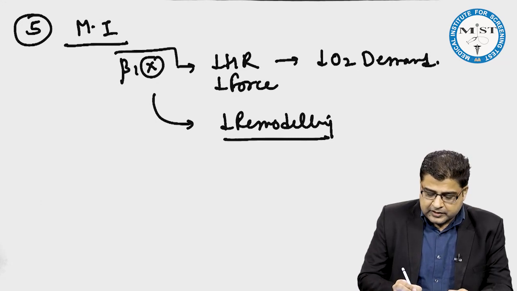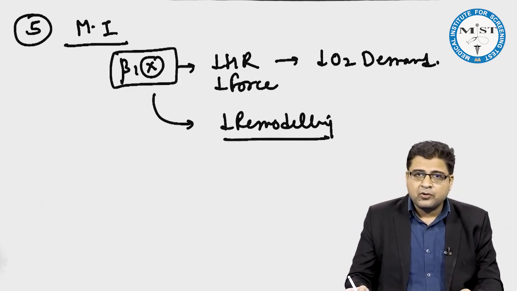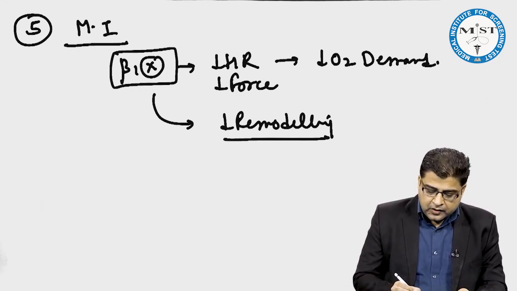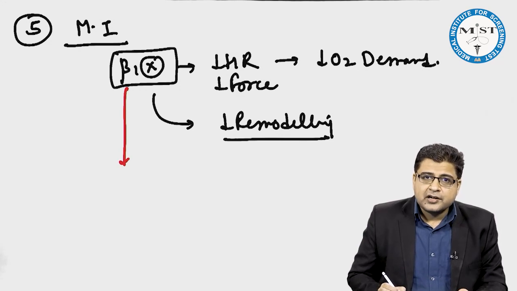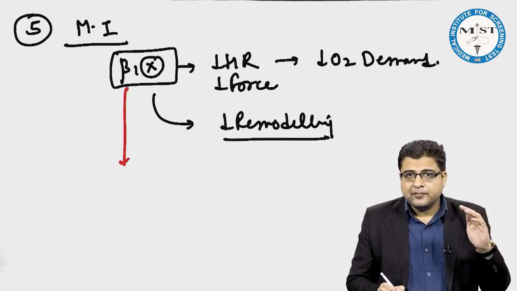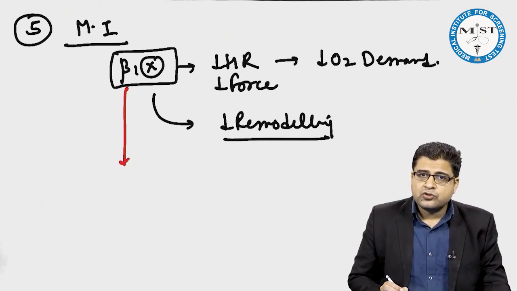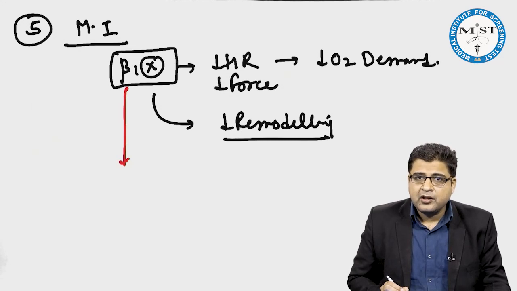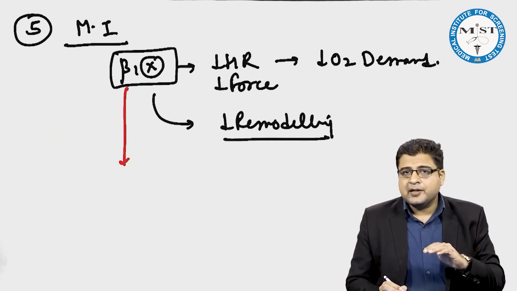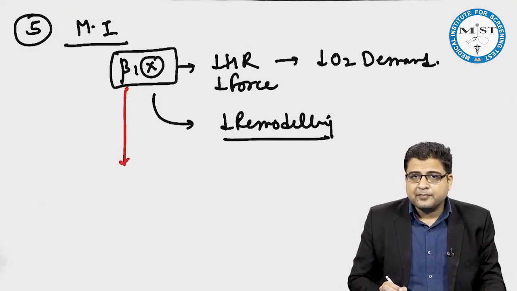Now, whenever we use beta blockers in MI patients, we have to be careful about using them. In patients of myocardial infarction, beta blockers should be started in the lowest possible dose and gradually increased up to the optimal level. And the same thing applies to the withdrawal of therapy. Whenever we want to stop beta blocker therapy in an MI patient, we have to stop it gradually. There should not be a sudden withdrawal of beta blocker therapy. Otherwise, the patient can develop rebound symptoms of MI.